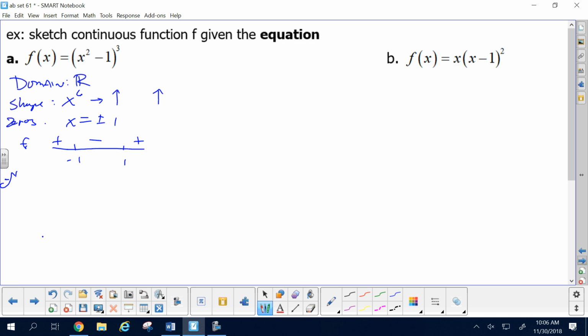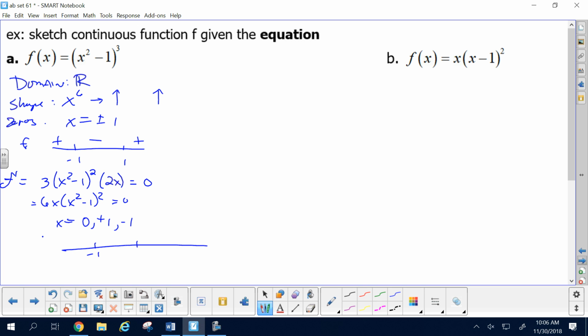F prime. What's F prime? 3 times x squared minus 1 to the second times 2x. What's that equal to 0? Define where it goes flat or has critical numbers. This would have critical numbers at 0, plus or minus 1, yeah? X equals 0, plus 1, minus 1. If I sign test the derivative,